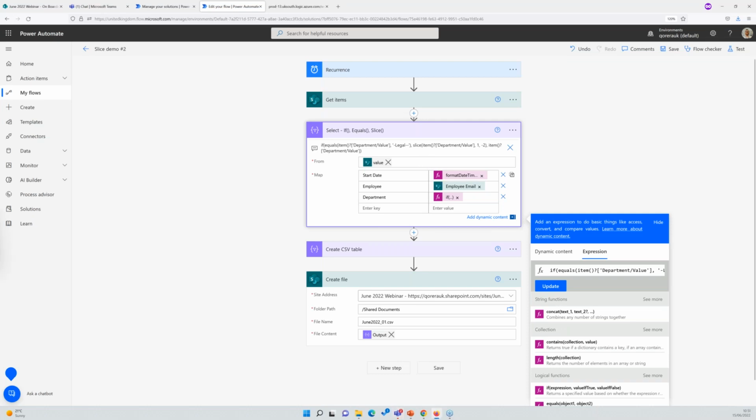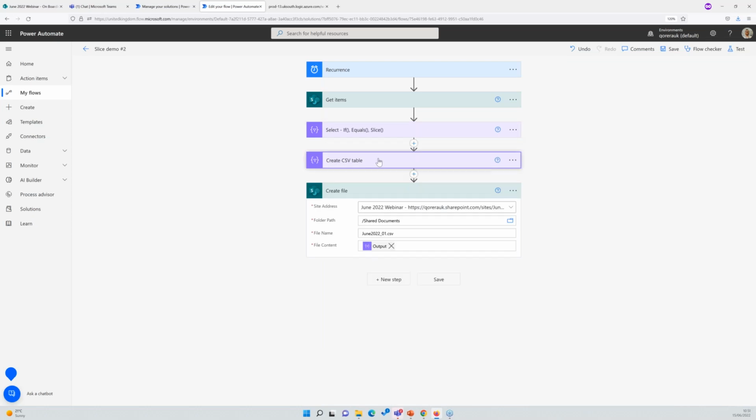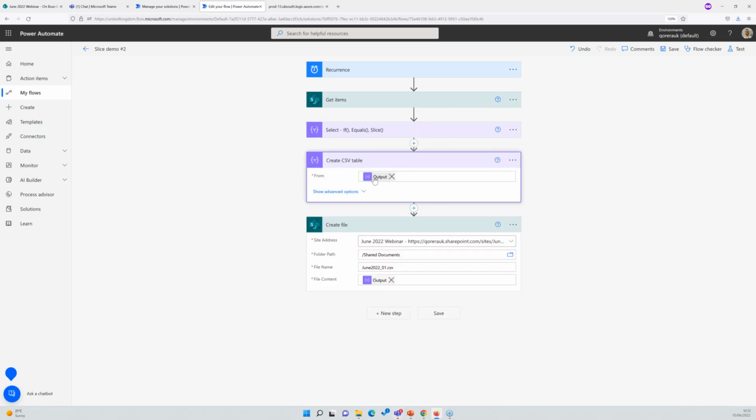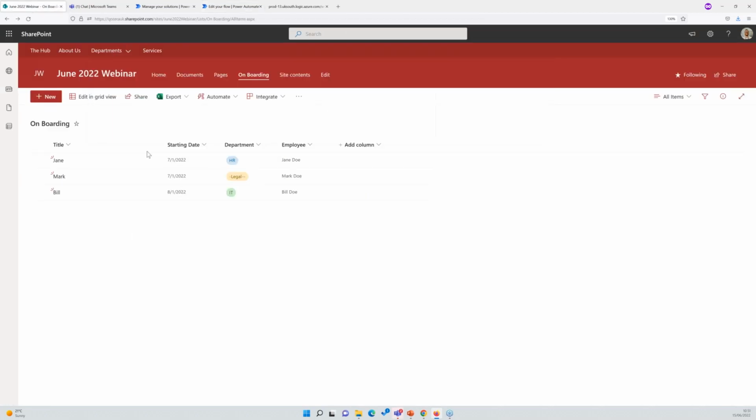And with a select, you can just refer to this kind of fields by using the item expression. So that's also useful to know. As you can see in here in the tooltip, it also does that out of the box. So that's the slice in the select. And then afterwards, I'm using that output in here and then using the output of the CSV table just to create the file. And then just to quickly show you, because I'm mindful of our time and I do want to show the third demo as well,